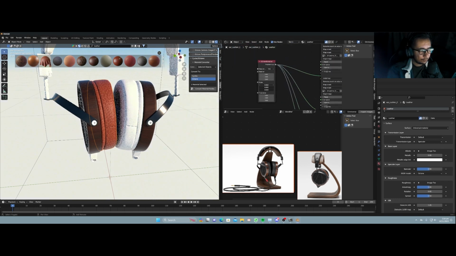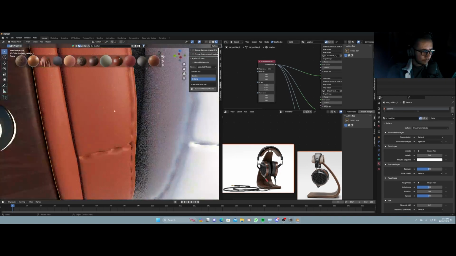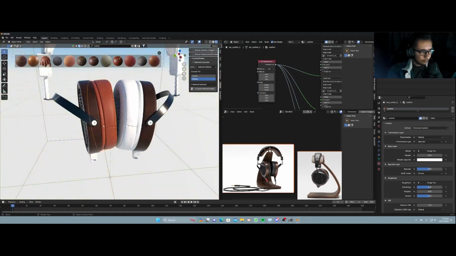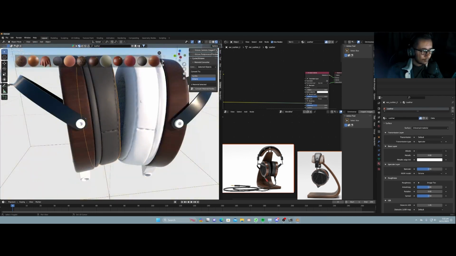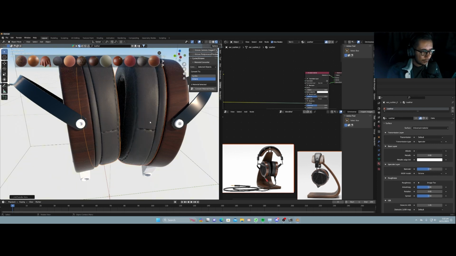I'll just scale it down first, don't worry about the color. Yep. Now I'll just take this out. Yep, something like that. I'll take this cup, take this one, Control L, link materials,